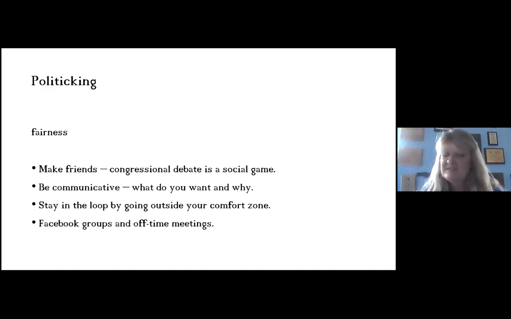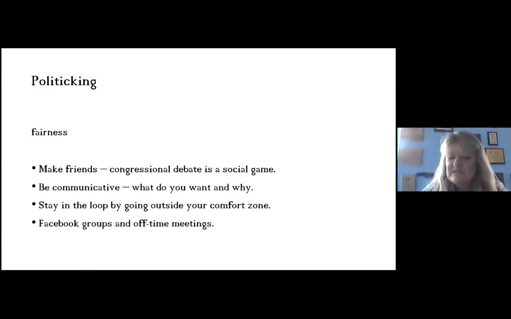So politicking is important. What that means is learning to work with people, learning to get along with people that normally you might not have been able to get along with. That is a skill, and it should be honed. So teach them to be fair in their politicking. They don't need to be making deals behind the table, even though in real Congress they do that. But they do need to learn to politic. They need to learn to make friends. It is a social game. And yes, it does matter. As much as we would like to say it doesn't, it does. And I don't think that it's bad that it does, because that's a life skill. This event is designed to help develop it.